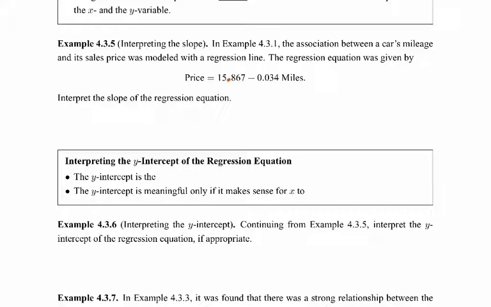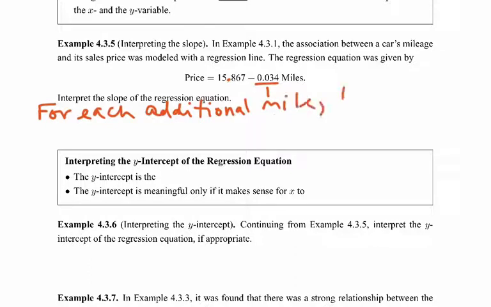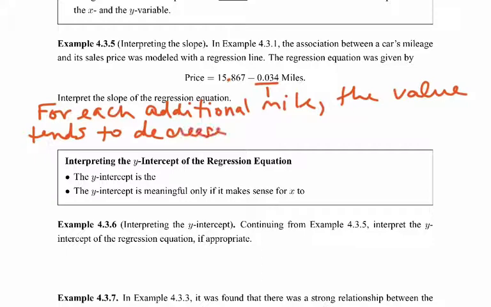So we could say, because this is really the slope you can think of as over 1, so we could say for each additional mile on the car. So the over 1, that's your mileage, right? Your y value over your x value. So the 1 is your mileage. So for each additional unit or each additional mile on the car, the value tends to, and it's going to decrease because it's a negative slope, tends to decrease by, and that would be the price,